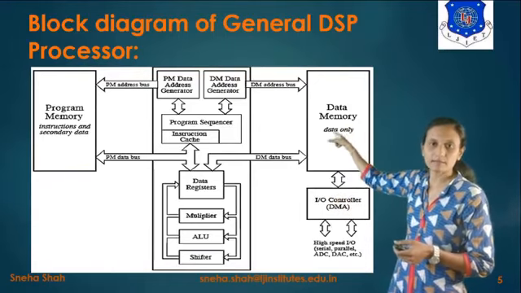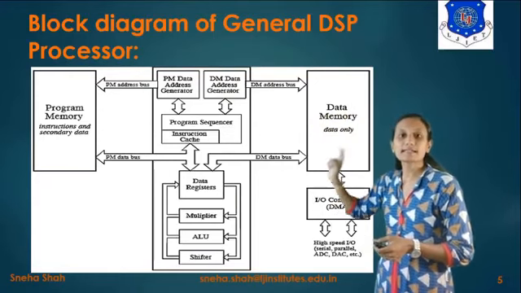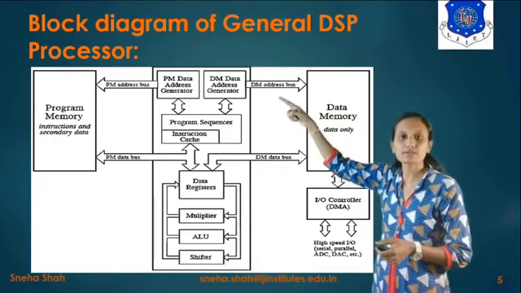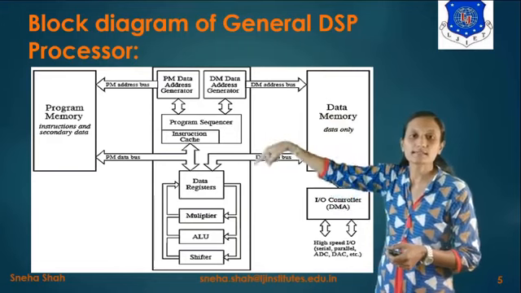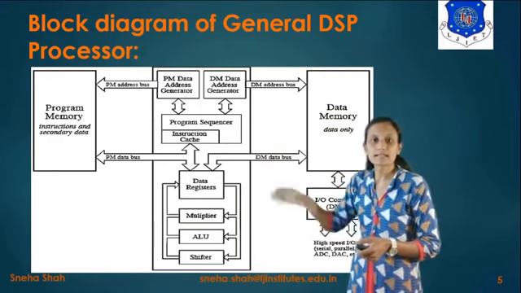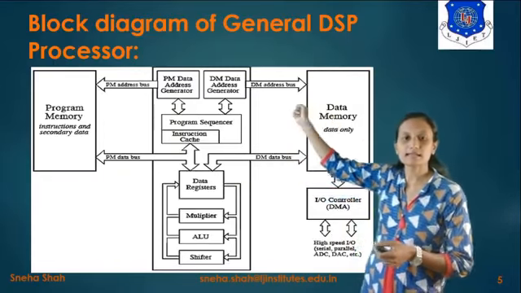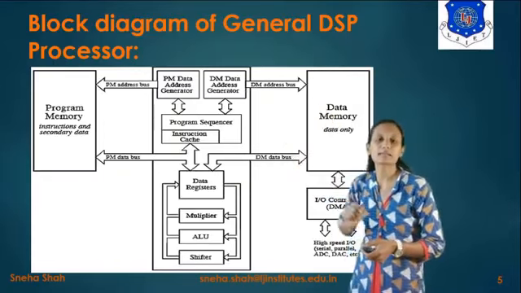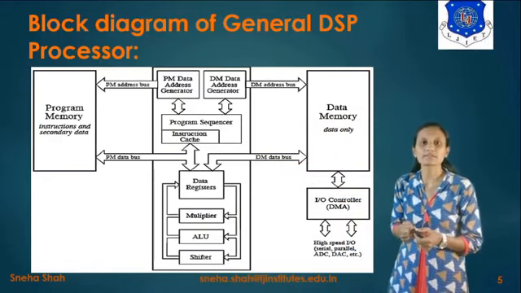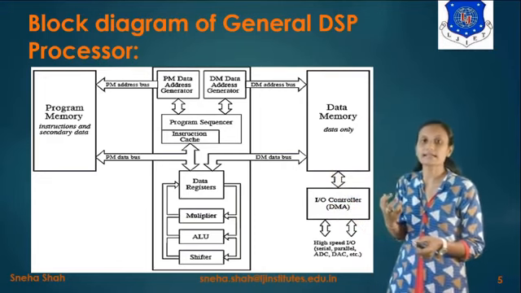It is given to the data memory. Over here the data will be stored. Now as and when the data is required, it will be transferred through this data bus to this CPU. And when the address is generated through this CPU, it will be given to the data memory address bus and to the program memory address bus. So it will give the address to this memory from which address we have to